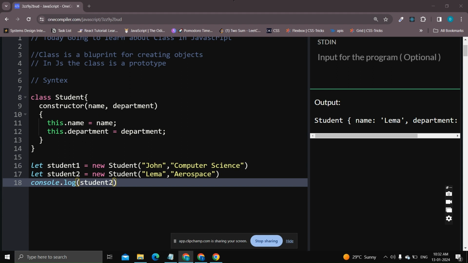So when we instantiate a new student, let's say let kitty equal new student, and kitty cat,